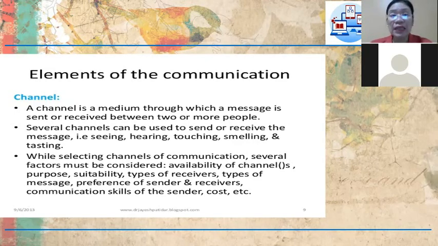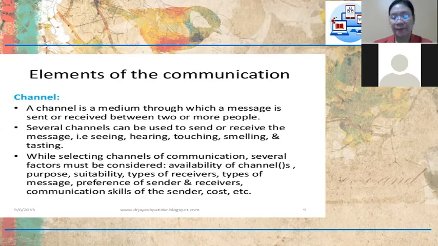While selecting channels of communication, several factors may be considered. First, availability of the channel or medium, whether it is telephone, internet, chatting, email. So availability of the channel, purpose, suitability, types of receivers, types of message, preference of the sender and the receivers, communication skills of the sender and receiver, cost, and others. So you have to take note of these